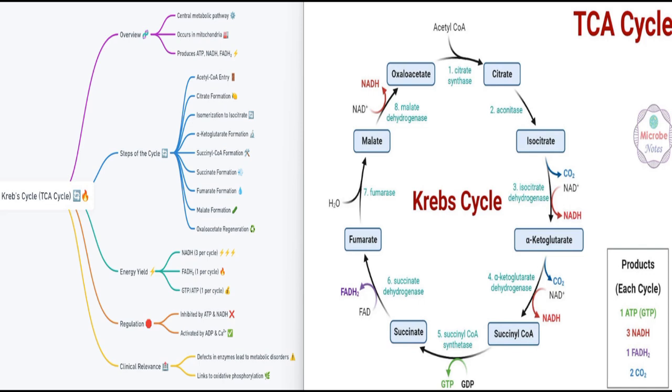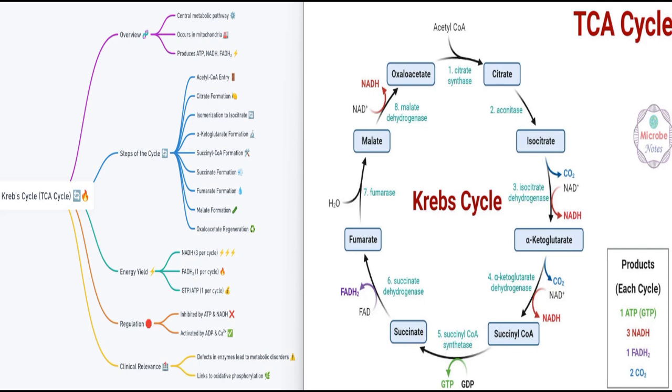So at the beginning, from isocitrate to alpha ketoglutarate, NADH and CO2 are produced. Another NADH from alpha ketoglutarate to succinyl CoA, and also FADH2 from succinate to fumarate, and another NADH from malate to oxaloacetate. Right, so those are the 8 steps involved in the citric acid cycle, or the tricarboxylic acid